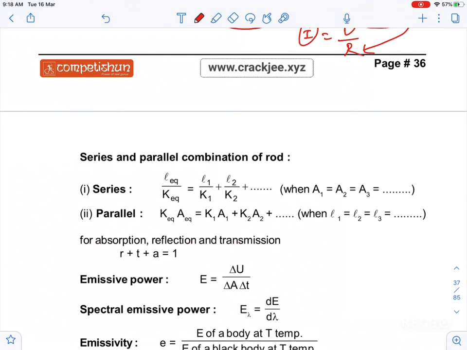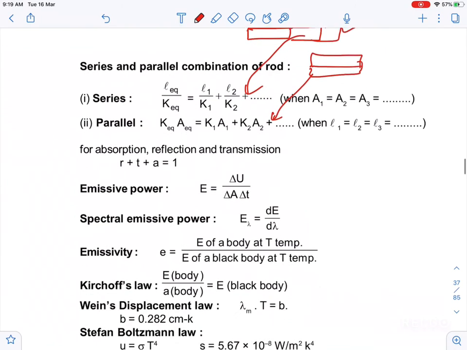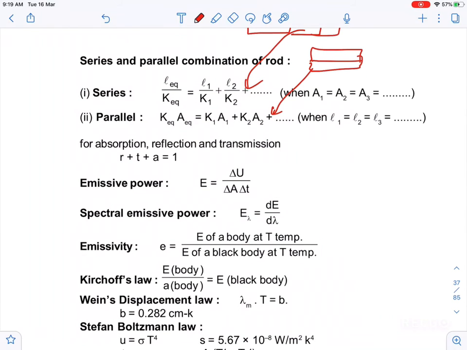Now same thing you have to keep in mind when resistance in series and resistance in parallel. So I can write now, guys, R is equal to R1 plus R2, but R is L by KA. So I have written L1 by K1A plus L2 by K2A. Since the area of cross section they have taken the same, they have cancelled area from all the sides. So this becomes like this. Okay guys, so keep in mind this formula is also important. Suppose rods are connected in series or rods are connected in parallel, so you have to keep in mind this formula directly to get this result.